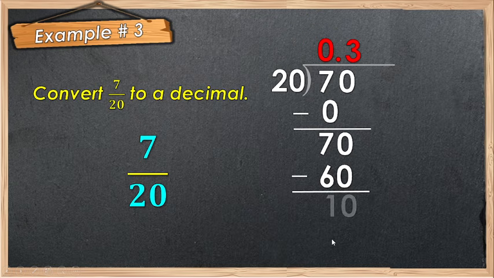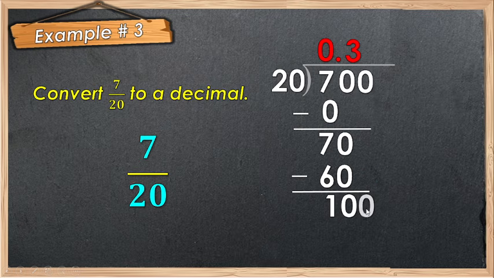70 minus 60, the answer is 10. Add 0. Again, if you add 0, no need to add the decimal point. Just use one decimal point. Then bring down the 0. Then we have now